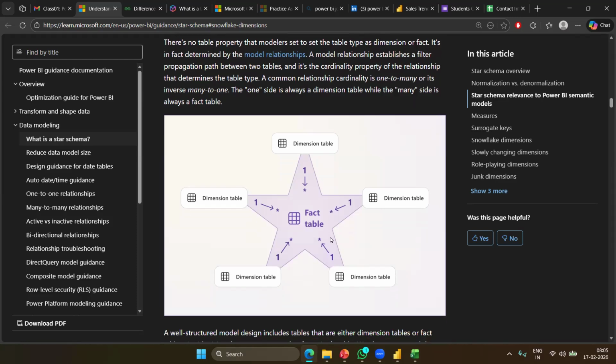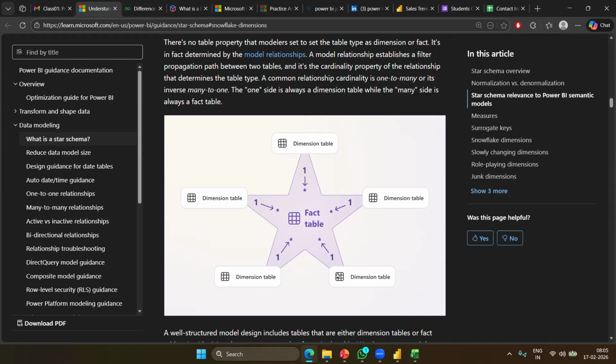Okay. And if you see here, 1 to star, now here this star means many. In database terminology, whenever we use this star symbol, the asterisk symbol, it means all. That means in the dimension table you would have only one record. Suppose you have a customer table, you would have a single record with a unique identifier.